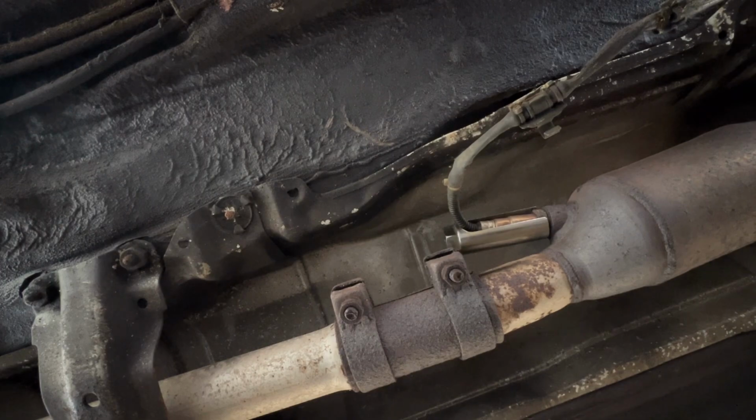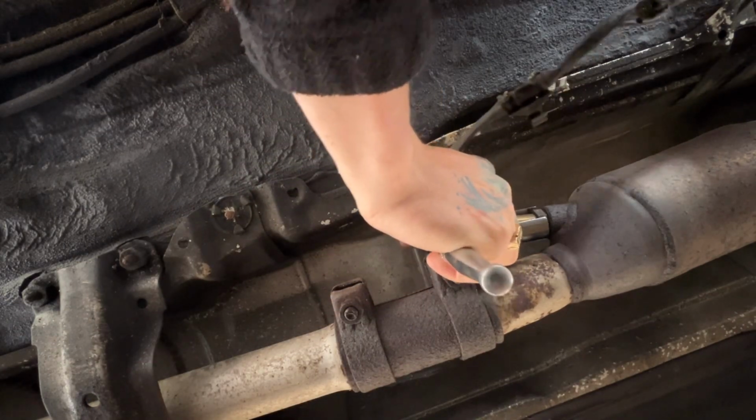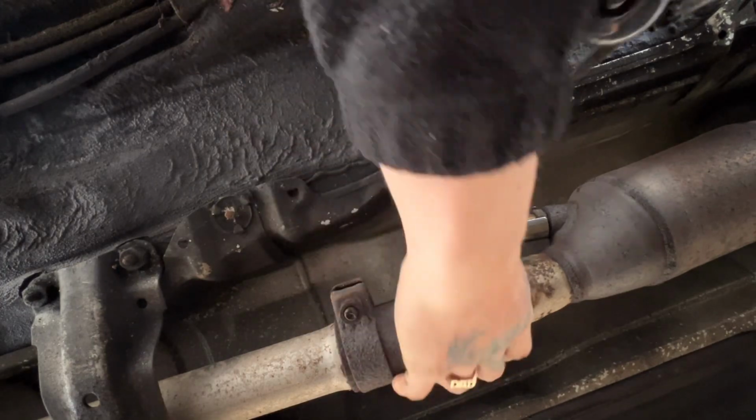That's it. Oh, well, that's a problem. The sleeve's in the way. Is there any way I can...